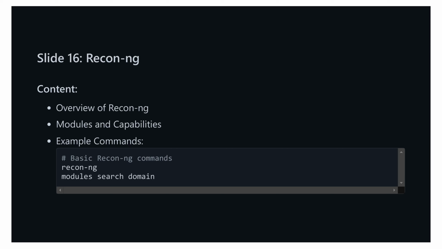Here's a look at a few basic commands to get you started. To start reconning, simply type reconnaissance in your terminal. To search for modules related to domains, use the command modules search domain. In terms of practical application, you can use Reconnaissance to gather data about a target by integrating it with multiple external APIs and databases. This versatility ensures you can aggregate extensive information, making your reconnaissance phase more thorough and efficient. In the next slide, we'll dive into Shodan, a search engine for discovering internet-connected devices, and explore its capabilities and